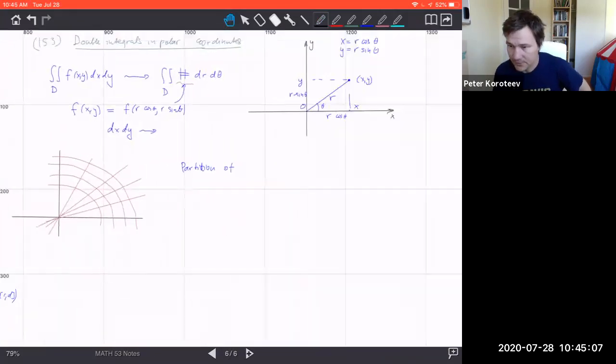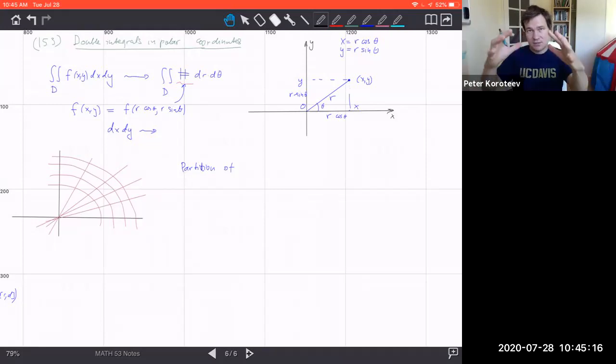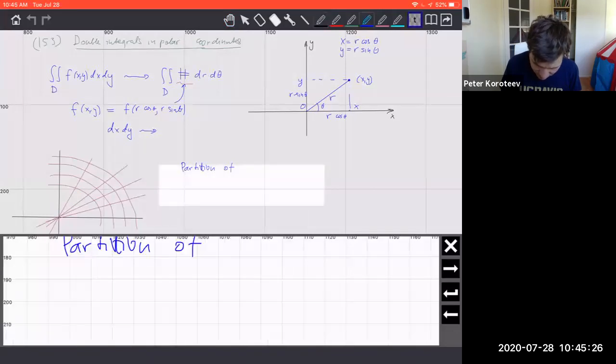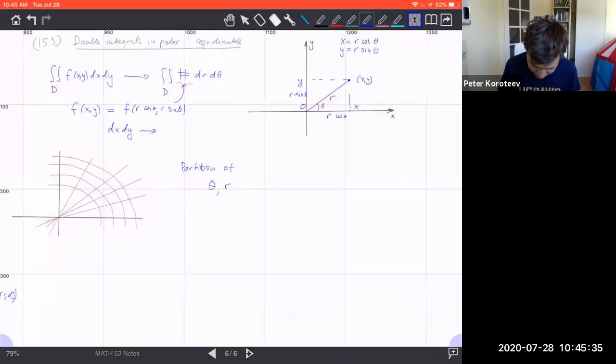Now, so spheres, we don't get to spheres. To do spheres, so spheres will appear in triple integrals when we integrate over some spherical shell region. So here, these will be so-called annuli, like an annulus. What I mean by analog of a rectangle is that I want to take a partition in theta direction and in r direction. Right, so if you have an annulus,